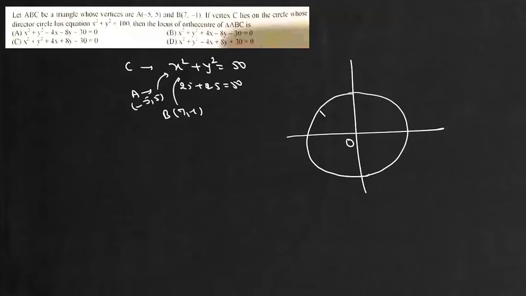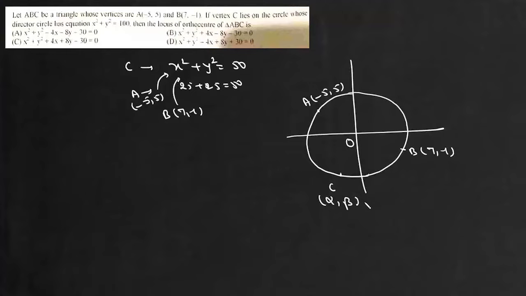So we have this A minus 5 comma 5, B 7 comma minus 1, and then we have the C,